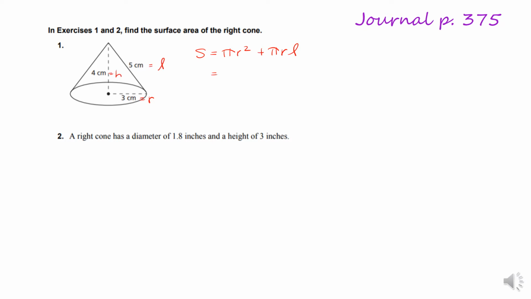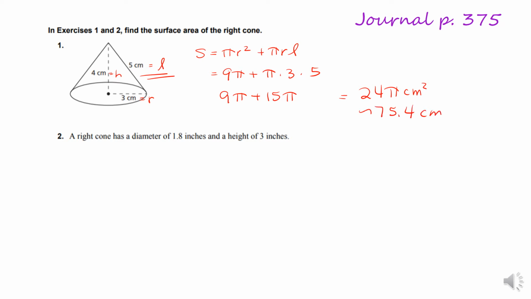So I'm going to go r squared is 3 squared is 9 pi plus pi times 3 times my slant height, which is 5. So 9 pi plus 15 pi, and that equals 24 pi centimeters squared, or approximately